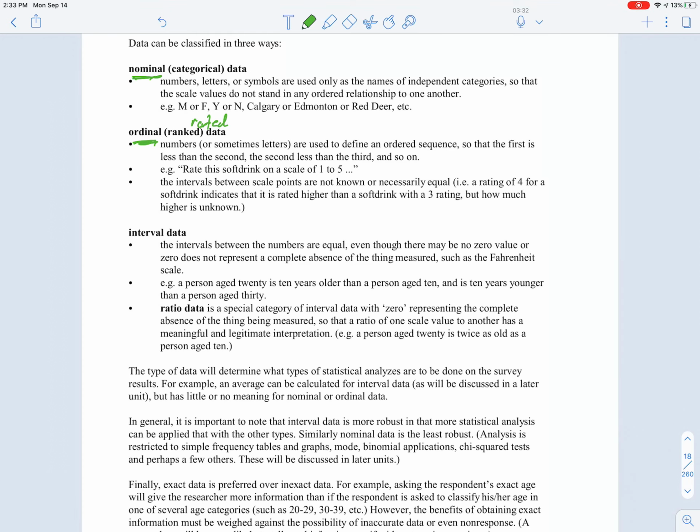Now, ranked data is similar. So ranked data is where, for instance, think of a race, and you're talking about the people who come in first, second, third, and so on like that. If you're running a marathon and watching the Olympics, which unfortunately we didn't get to watch in 2020, but hopefully in 2021,